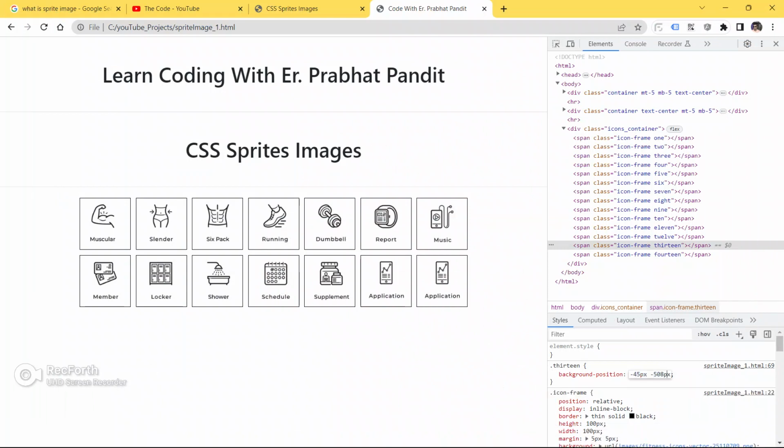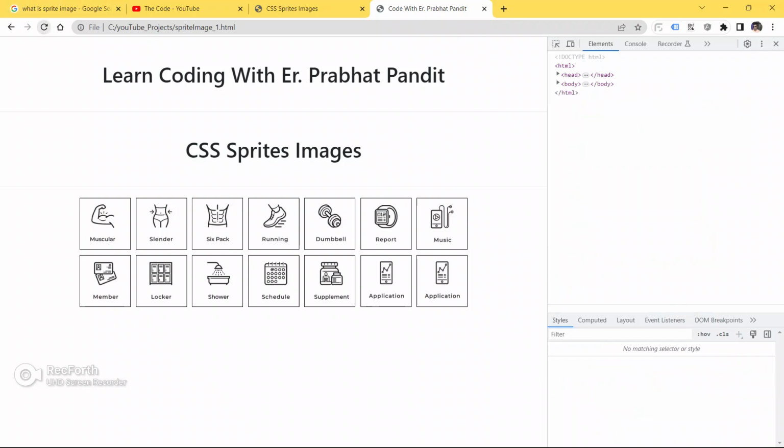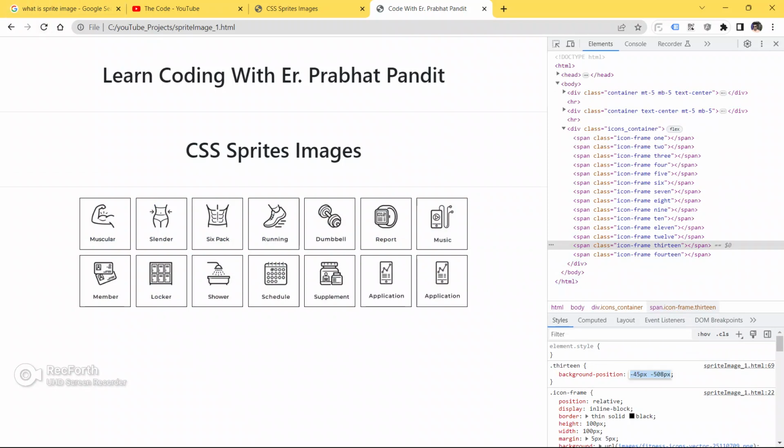So now we have to move right side. Select this one. It's nutrition here, guys.